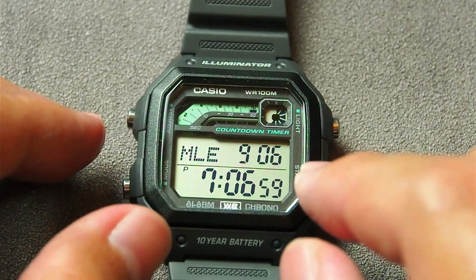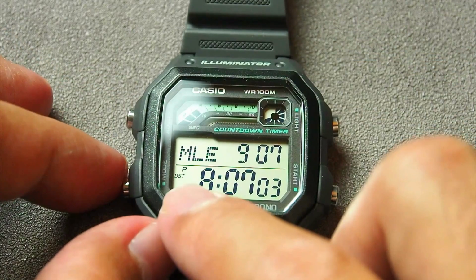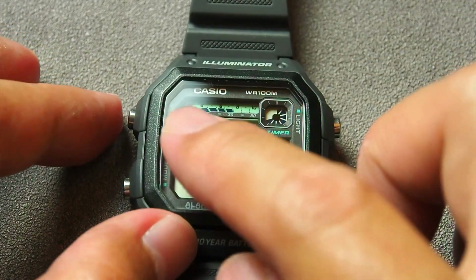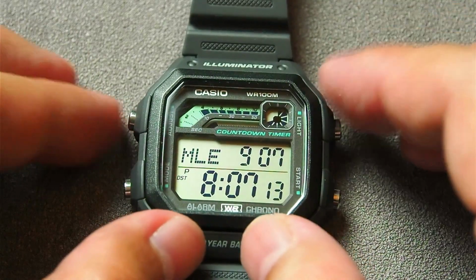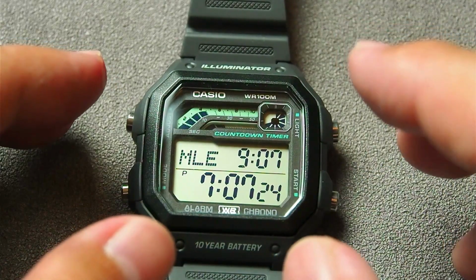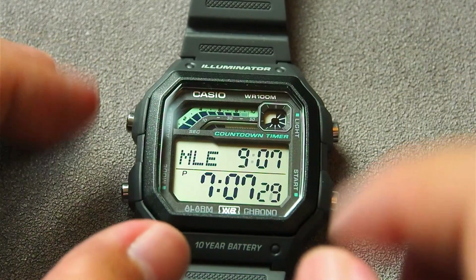And for this world time, you can adjust this one only, the daylight saving. To do that, just press and hold the adjust button. If you press and hold, it will activate like this, or it will deactivate like this. And the time itself will reflect the time that we set in the timekeeping mode, this one,